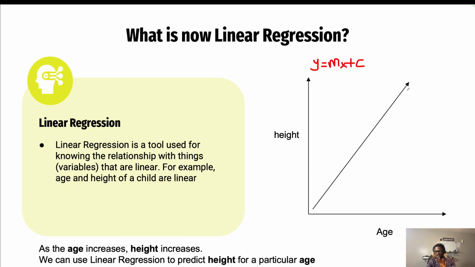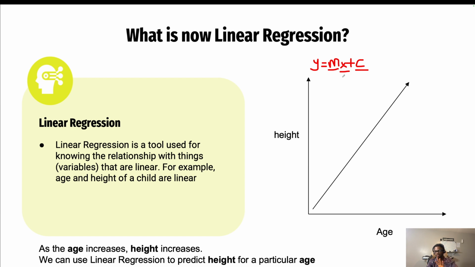For people that are older, what linear regression is trying to find is this and this. The linear regression is going to give us the slope, and this is the intercept. So linear regression is going to solve for this and this. If we are able to get this and this, then for any age we just multiply it with our gradient and add it to our intercept, and we'll get the y.